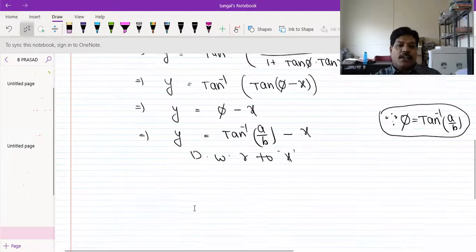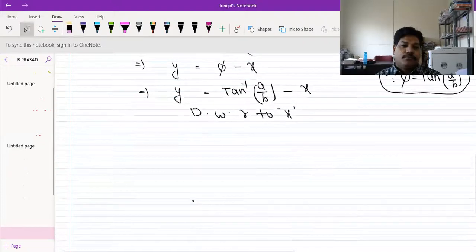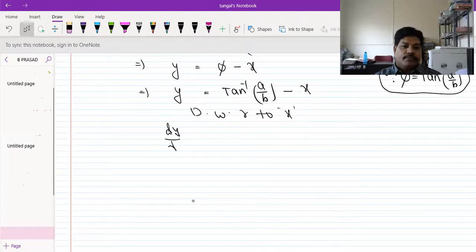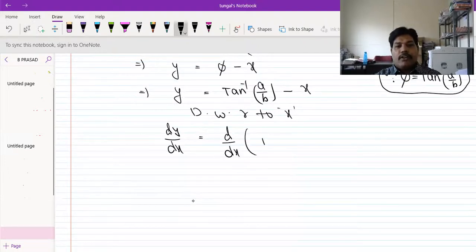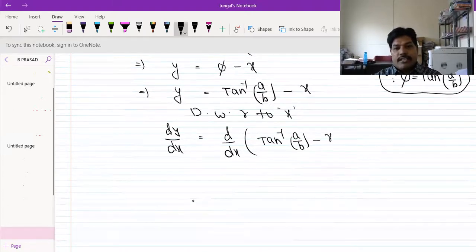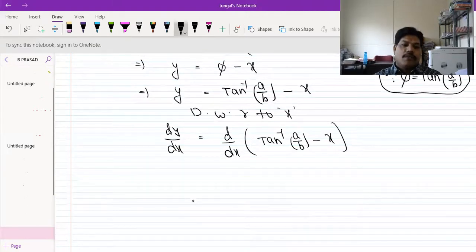What happens? dy by dx is equal to the derivative of tan inverse of a by b minus x. So that implies dy by dx